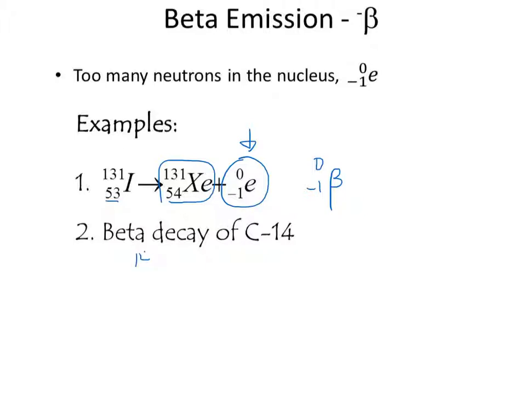So carbon-14 has an atomic mass of 14, and the symbol is carbon, and it has an atomic number of 6. Remember, we gain a proton, so it's 7, but the atomic mass doesn't change. We are now no longer carbon, but we are nitrogen. And we also lose